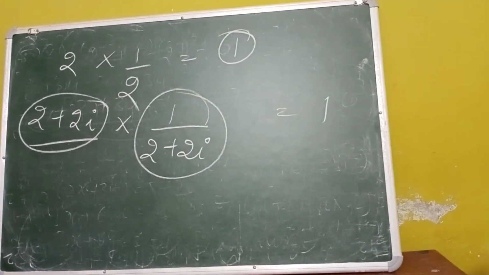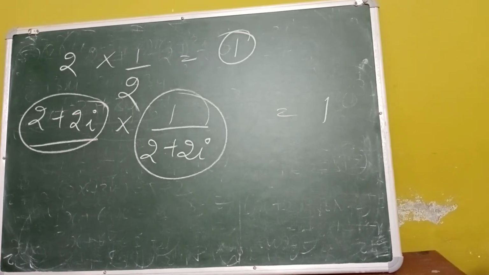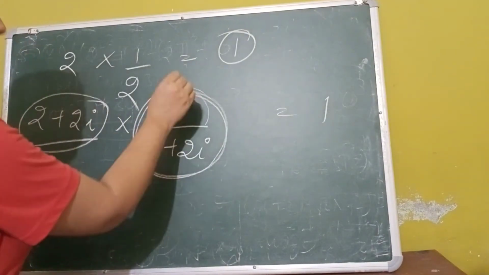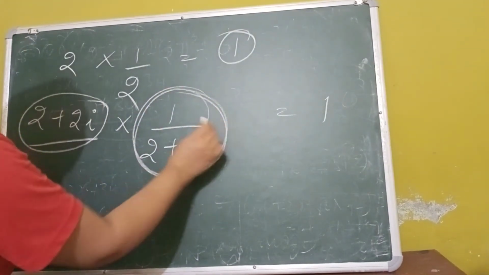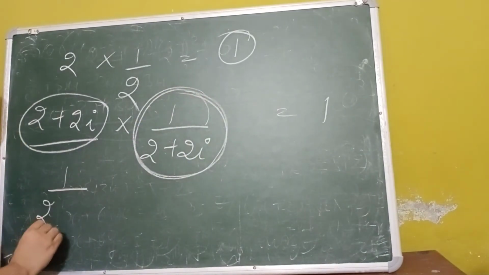Now I am taking you back to class 9th, when we were studying rational numbers. As we have studied, we cannot leave the denominator in the form of an irrational number. Same way, we cannot leave the denominator in the form of a complex number. As you can see, in 1 upon 2 plus 2i the denominator is a complex number, so we cannot leave it. Yes, this is the inverse, but we will not leave it here. We will solve it further.